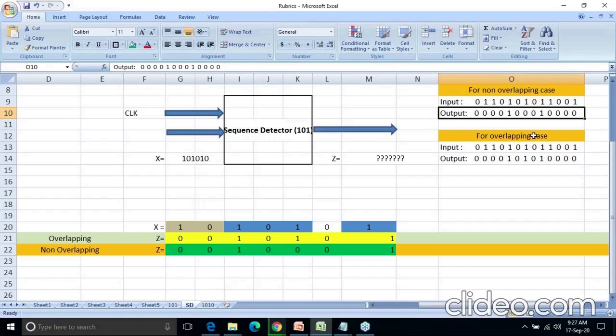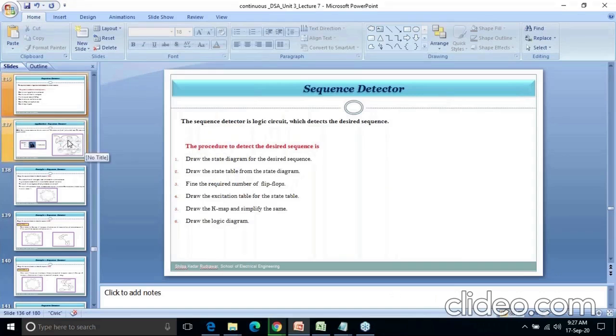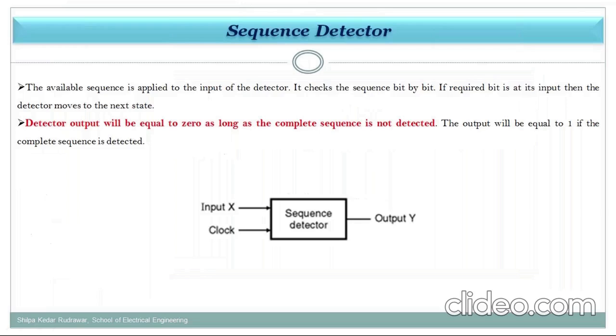So just do the things, otherwise it will be difficult because you need to practice for everything to have a better understanding. Now moving towards the PPT, as I told you, this is the example. Now, in the same way, I have shown here this particular block diagram.